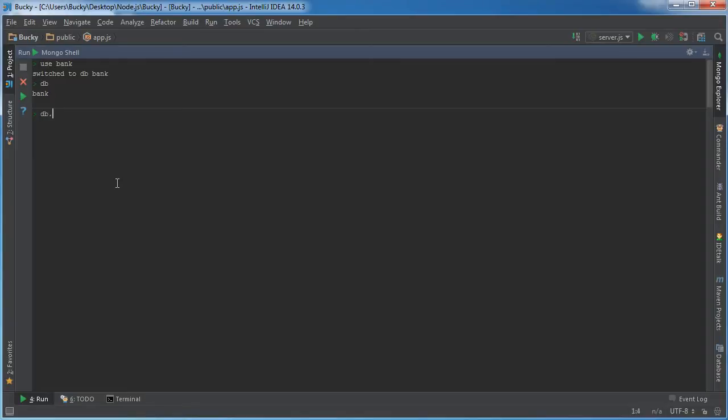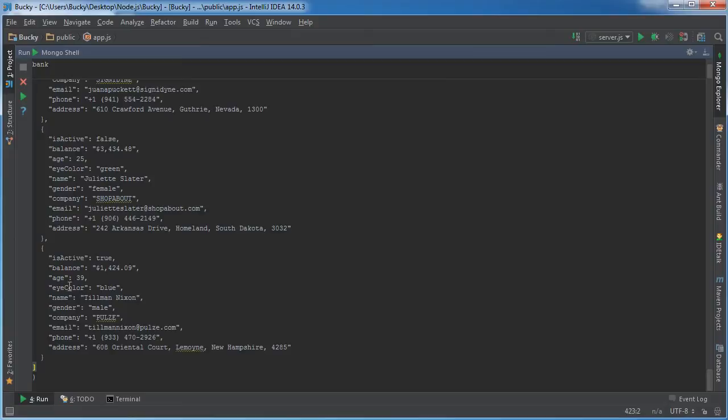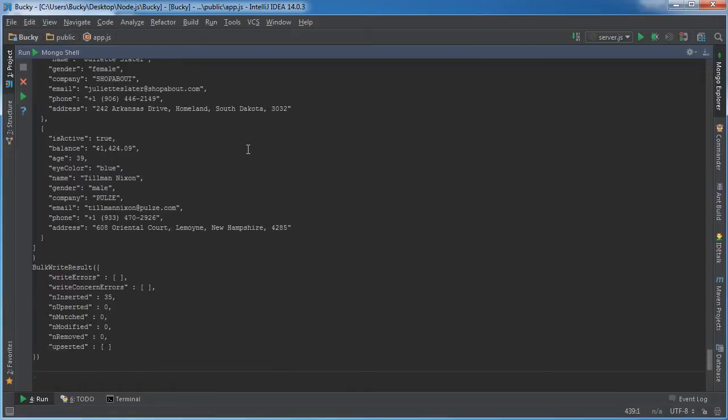So db, and I'm just going to name my collection users, and we'll just say insert, and inside here we can just paste that array. Looks good, and run this. Alright, so it inserted 35